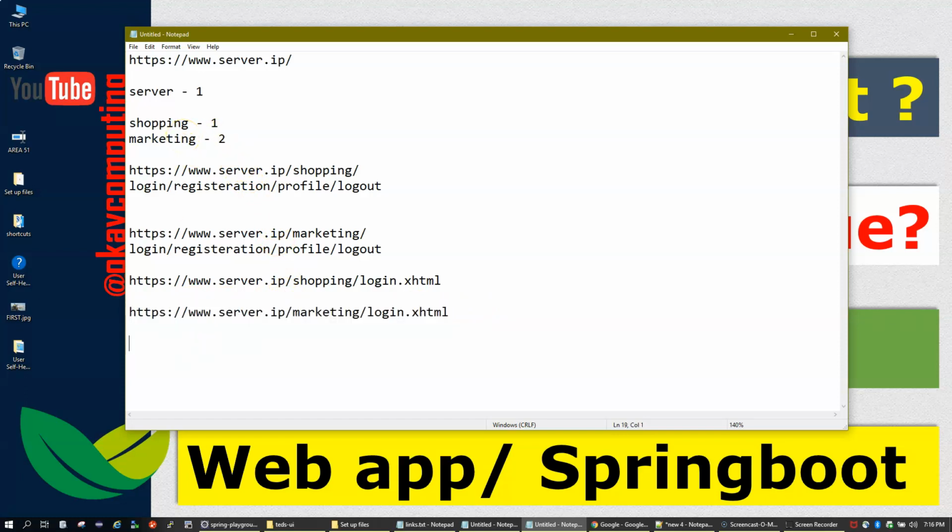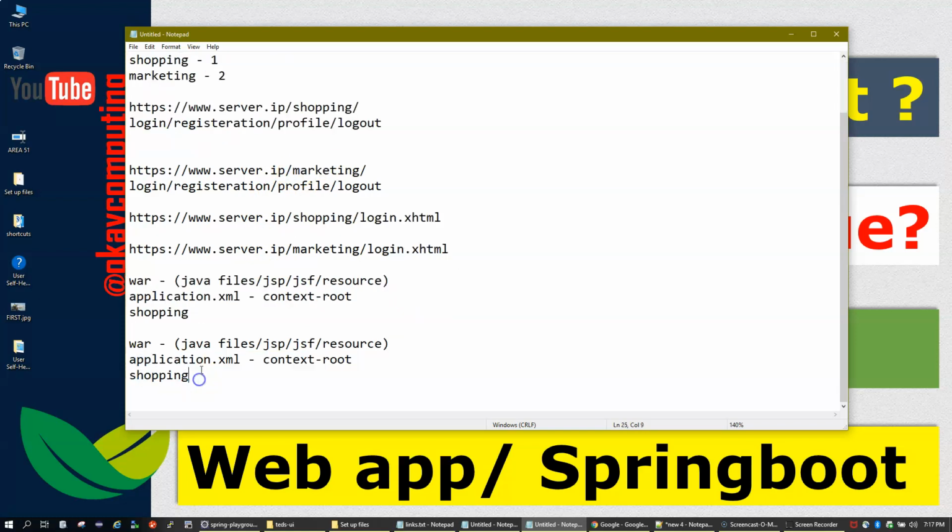But how does it actually work? If you have ever looked at your WAR file, the web archive file, it has all your Java files, classes, pages, resources, JSP or JSF pages and other resources. If you go and check your application.xml file, there you will see the context root of your application. There will be a tag called context root, and in it you define shopping.